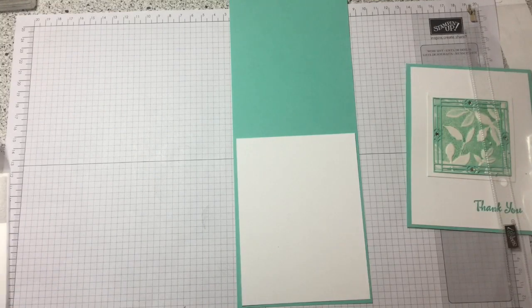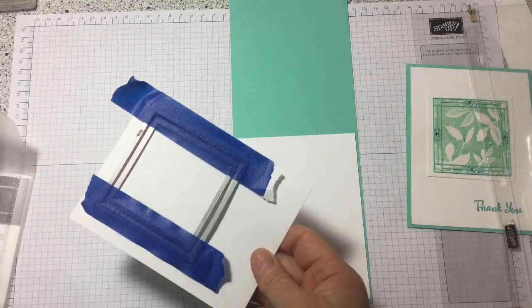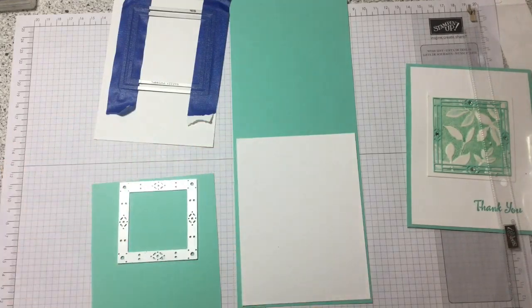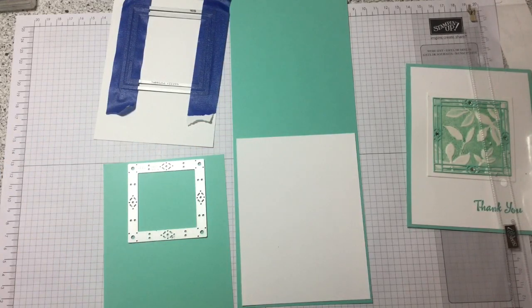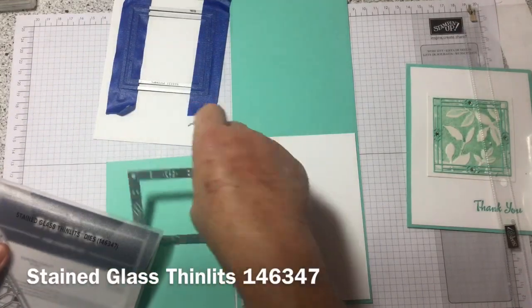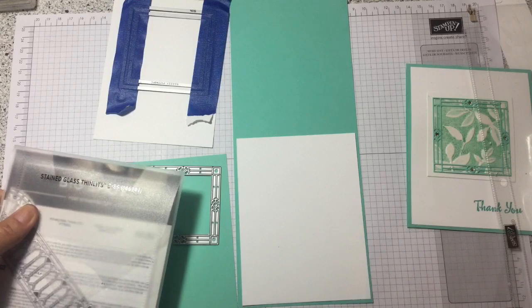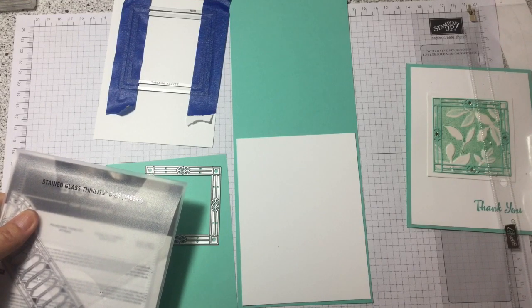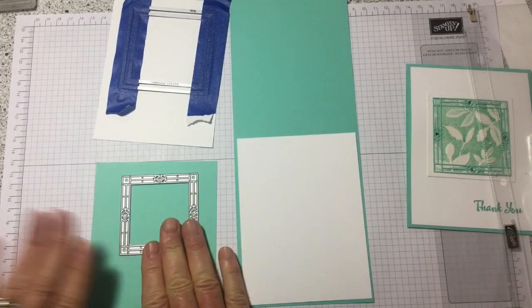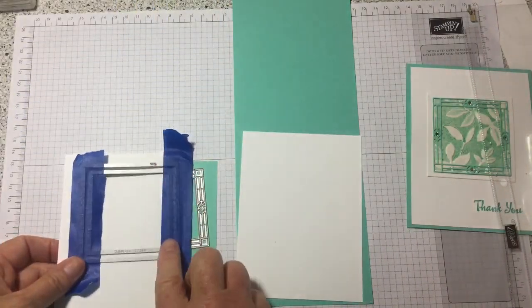Then you're going to need a piece of scrap big enough to put my framelit on, and I'll tell you about my framelits in a minute. And then we'll need another scrap to put another framelit on. So my framelits, this little guy comes out of the Stained Glass Thinlits. I've been using them pretty much all week and showing you different videos on the Peaceful Graceful Glass bundle out of the catalog. And this is one of the framelits. So I took one from there, and then I like a bigger frame around my